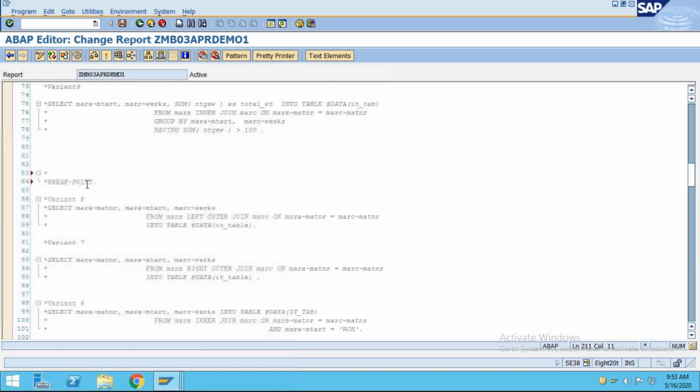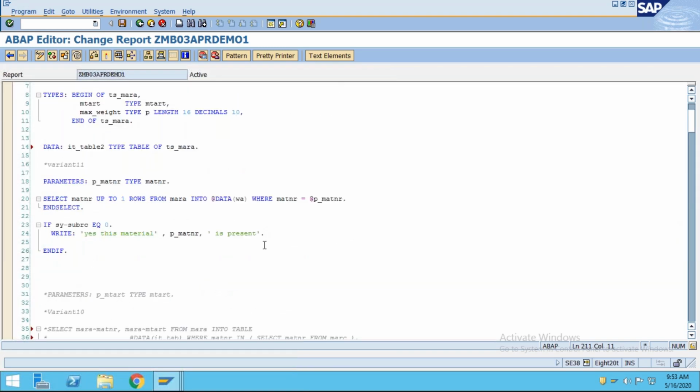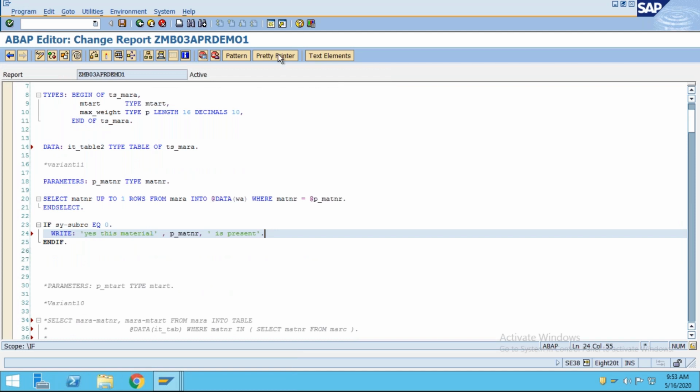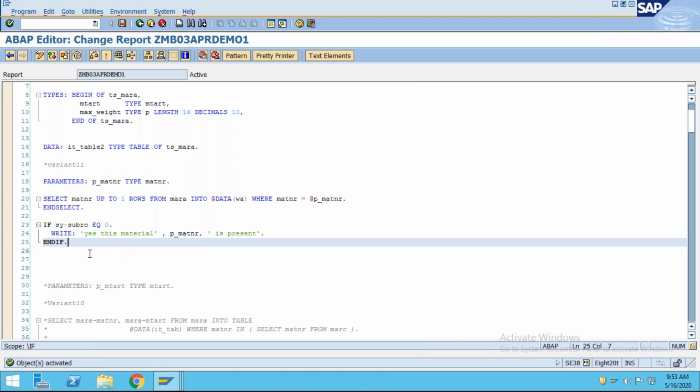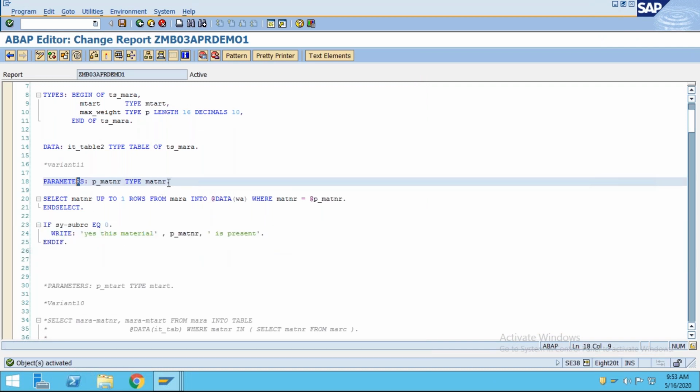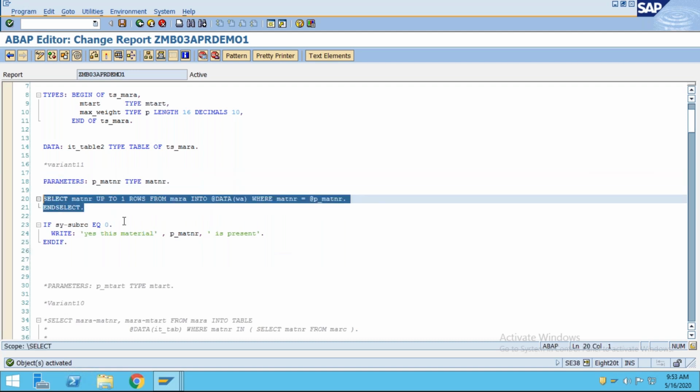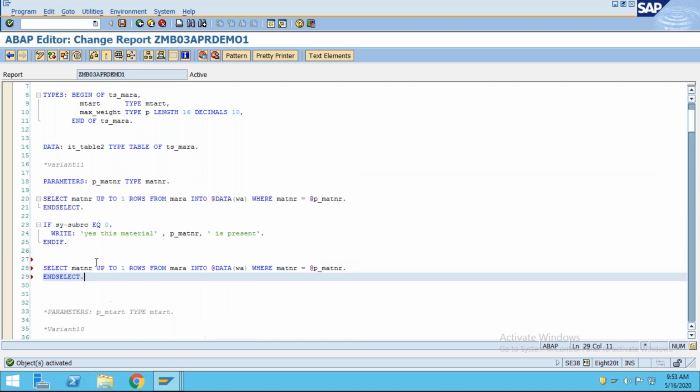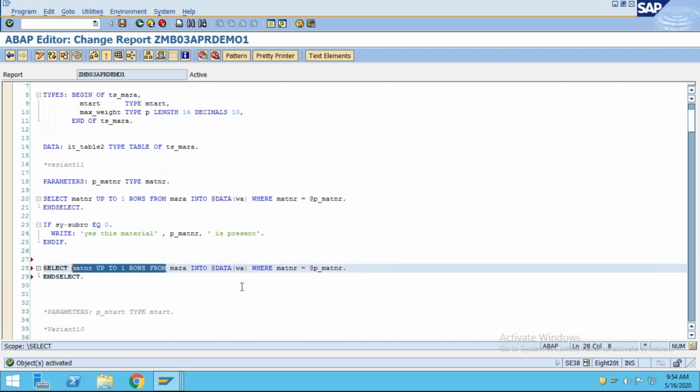Okay, come once again over here. So now the same thing, it's very easy now to check. You don't have to do all these things. This parameter, if you have to take the variable from the selection screen, of course it will be required. You can write SELECT, instead of material you can directly write @abap_true INTO @DATA(lv_exist), like that.